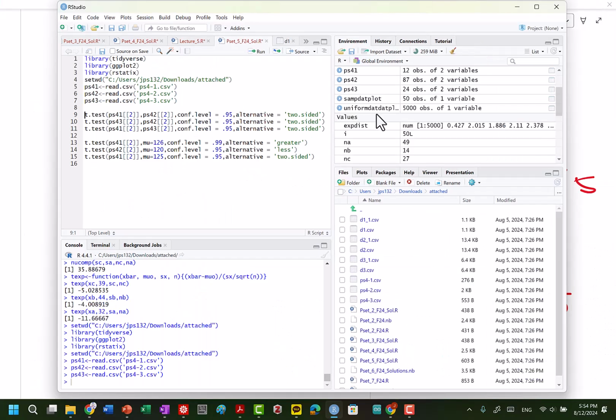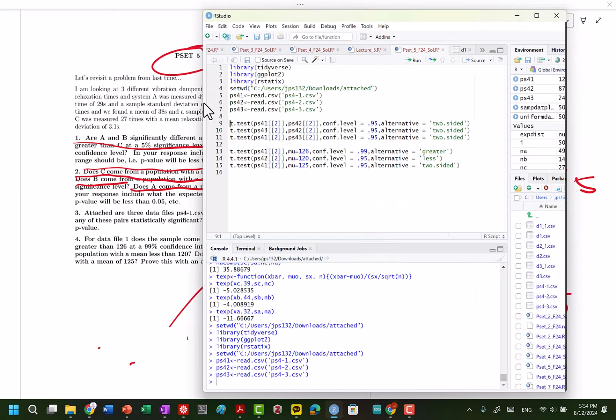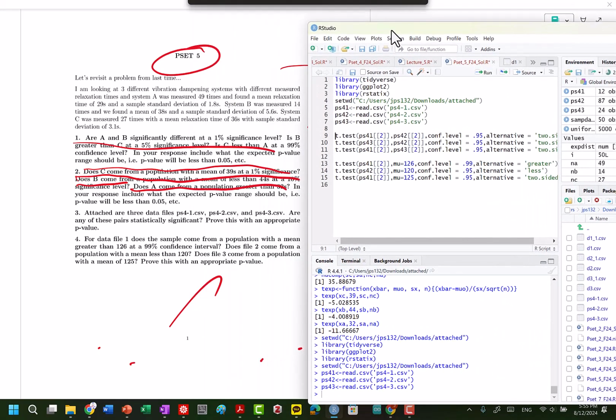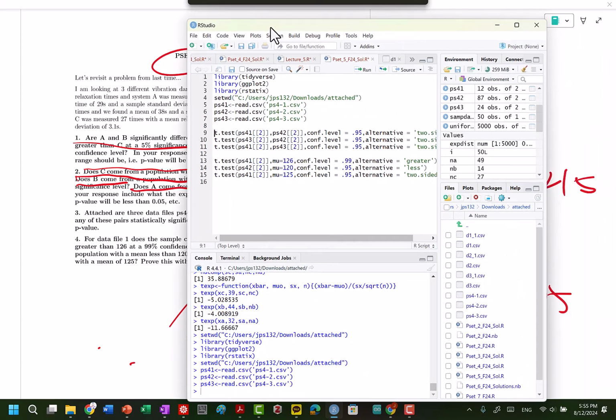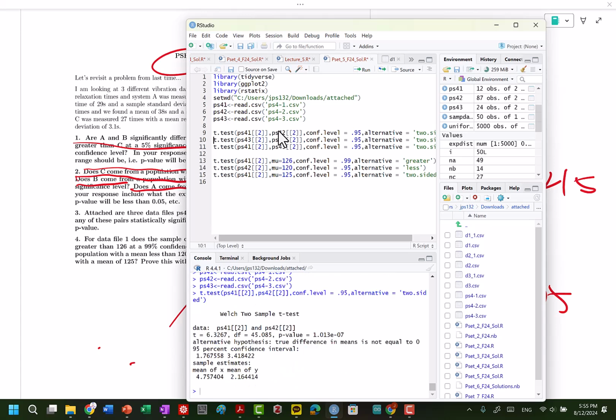We'll hide these a little bit for now. Let's bring these in. Good. So, are any of these pairs statistically significant? Let's compare 1 and 2, 3 and 2, and 1 and 3 at the 95% confidence interval. So we'll test. What is this saying? Basically, our p-value is extremely small.